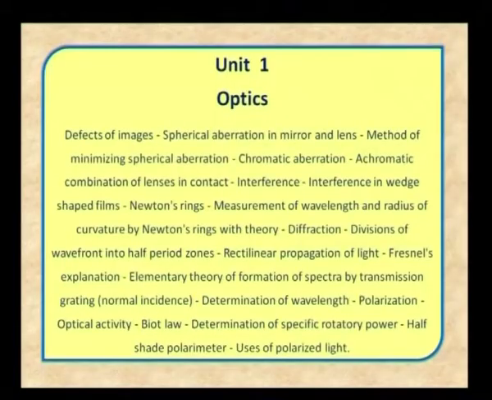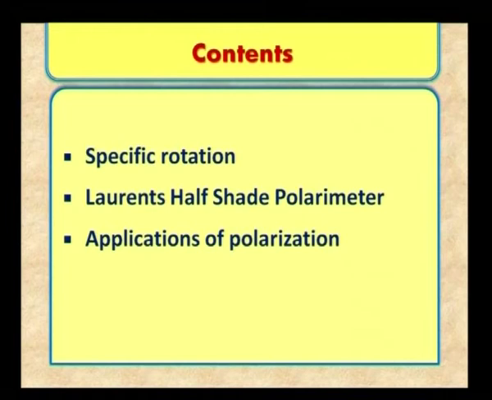Welcome to the UGC lecture series in applied electronics. We have been going through a set of lectures on optics, unit 1, and in today's lecture we will be covering a few things which we find in the last lines of the unit, such as the determination of specific rotatory power, half shade polarimeter, and uses of polarized light. Hence, in this last lecture in the series on optics, the contents are specific rotation, Lorentz half shade polarimeter, and